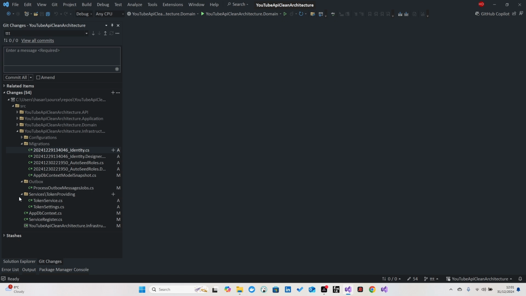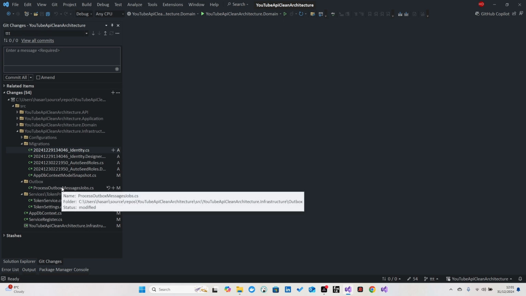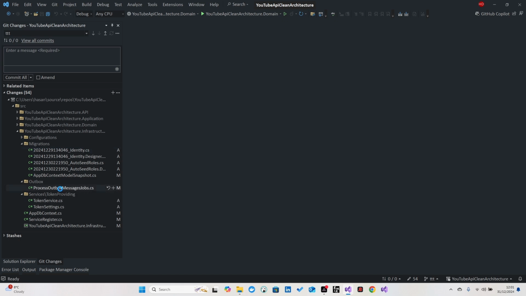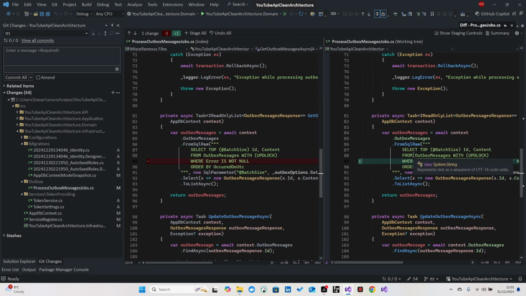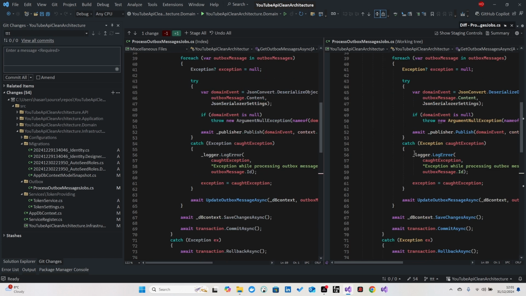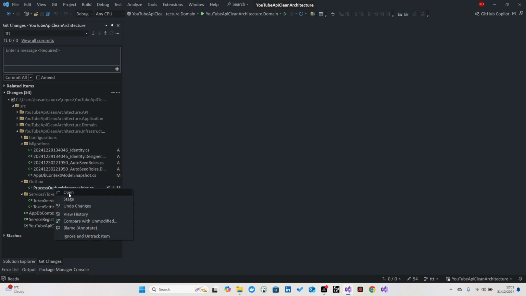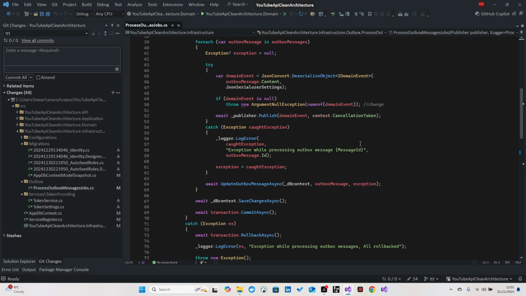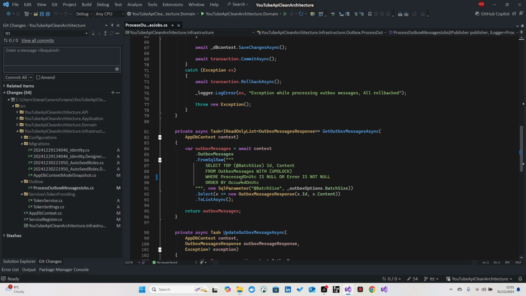So let's have a look. Do we have any changes? Outbox messages. Let me have a quick look. All right, this is a quick fix, by the way, in our outbox. In our lesson, we did outbox messaging. If you remember, we had an issue selecting our